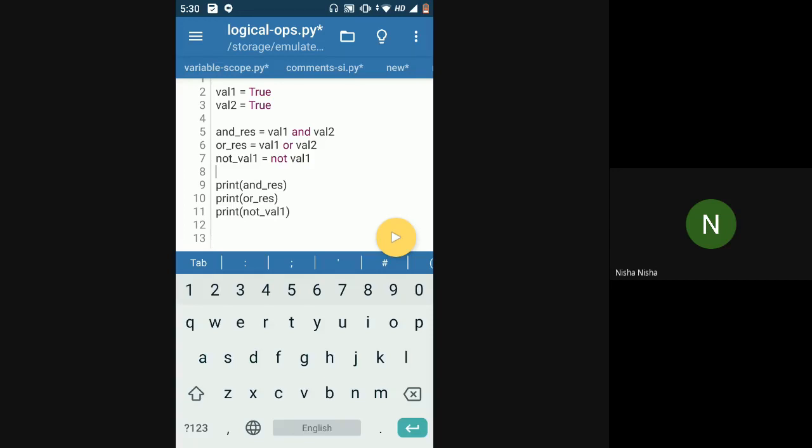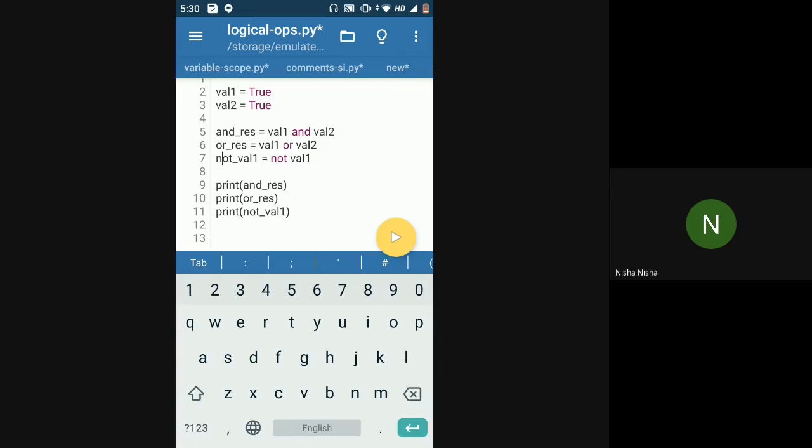Is this clear? Not operator is clear. Not operator will only convert the value. Either you can have a true value or you can have a false value, right? So if you have a true value and you use a not operator on that true value... First thing is Boolean can only be true or false. Second thing is logical operators will only work on Boolean operands. In case of arithmetic operators, we use integer operands or float operands, right? Similarly, in case of logical operators, you will only use Boolean operands.